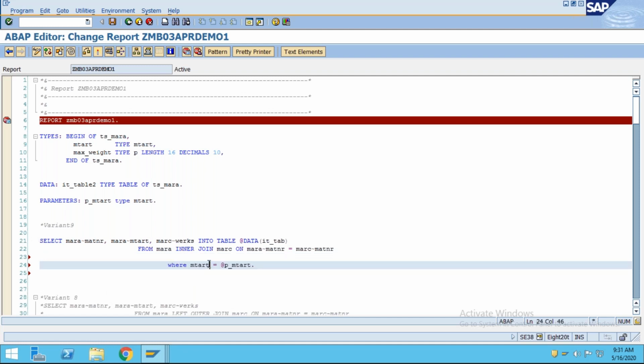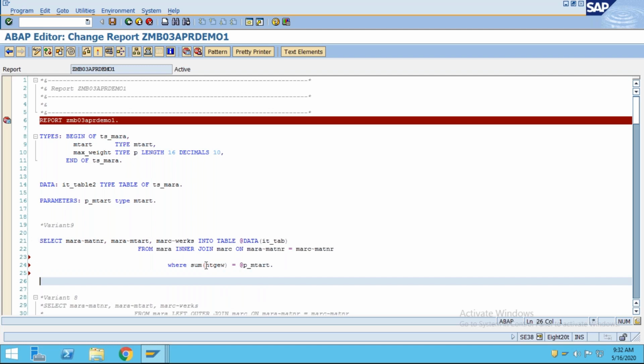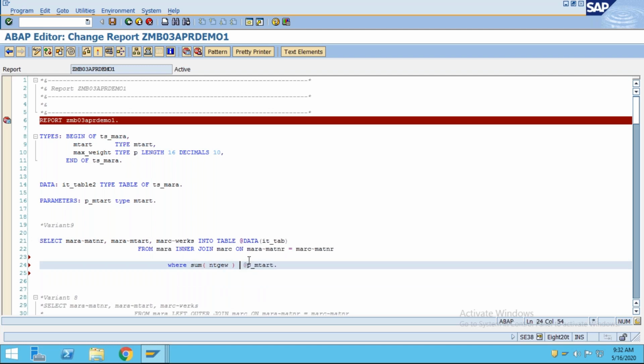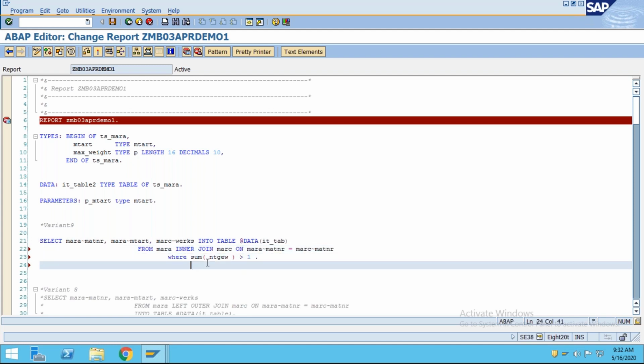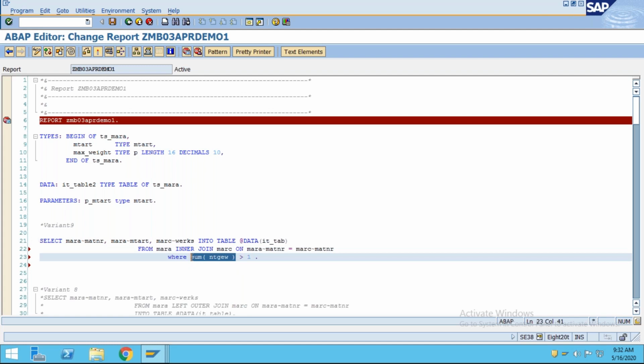Now if you have ntgew net weight, sum of net weight greater than some specified quantity, let's suppose I hard code 1 over here. So here you can see it's giving you the error directly.